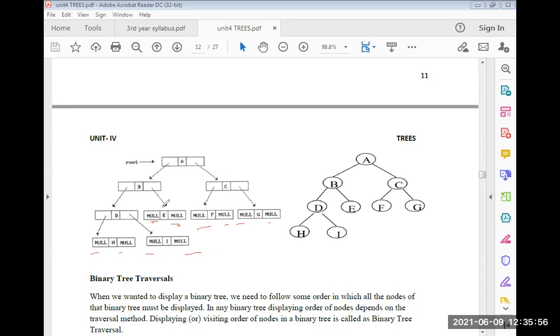So these are all disadvantages. What are the disadvantages of a binary tree? One is that 50% of memory is wasted, traversing is time consuming, and we can move only downward. To overcome all these disadvantages, we are using the threaded binary tree. In a binary tree, 50% of links are placed with null, but in a threaded binary tree, these nulls will be replaced with the address of some nodes.